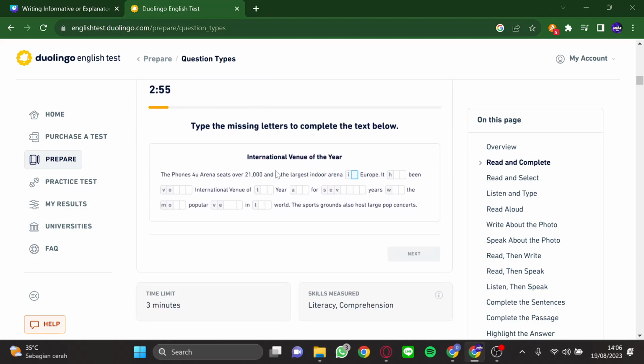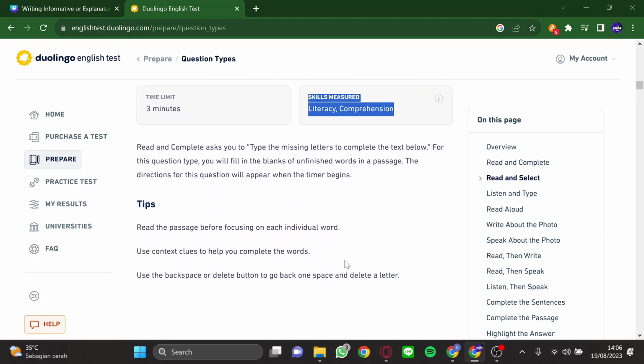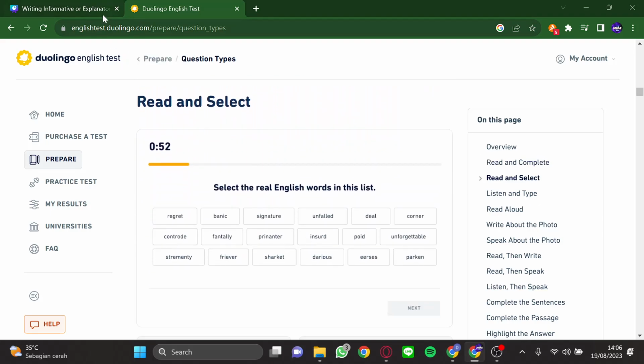It will look like this. It's basically like TTS. If you play the TTS game a lot in newspapers or on mobile phones, it's basically like that. So there will be blank letters and there will be added letters. You have to fill in the blanks, and based on the context, you will gain scores. And the time limit is 3 minutes. The skill measures are these two subscores. Next is, oh yeah, by the way, you can access